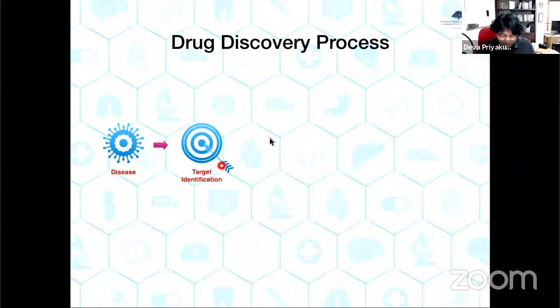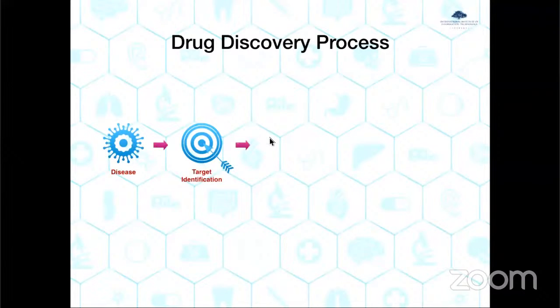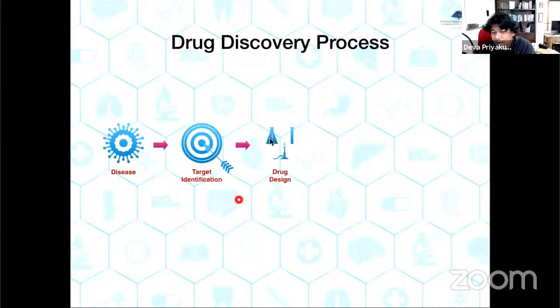Okay, so that's basically what we mean by target identification. You identify a target, and then the next step is the drug design part, where you discover molecules that can bind to this target and hence treat this particular disease. So you discover small molecules. How do we do it? We use computations, we do synthesis, we do biochemical assays, we do cellular assays, we do experiments on mouse models possibly, and things like that. So we do experiments of different kinds.